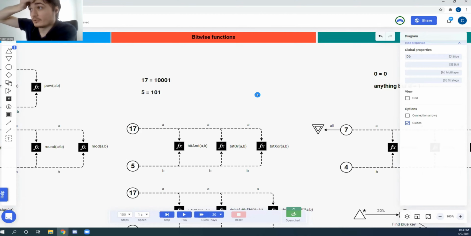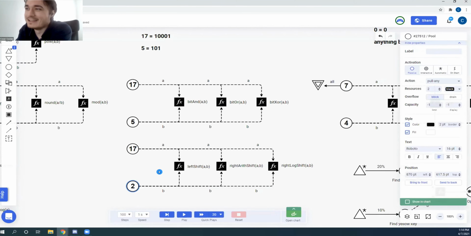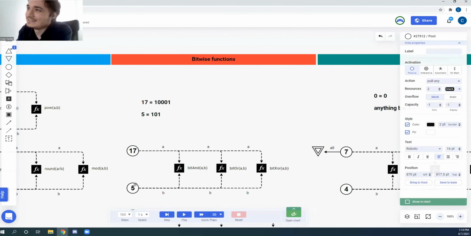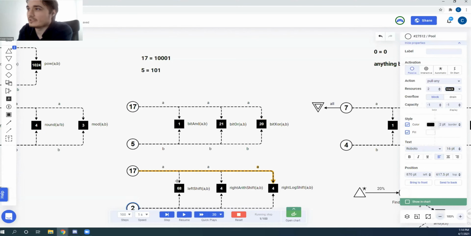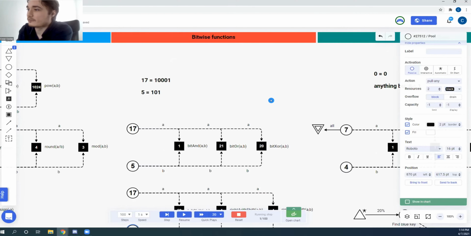The next section is for those of you that have a programming background. I don't feel confident enough to explain what bitwise functions are. I feel confident enough to show them and to tell you that I've used 17 and 5. Oh no, I used 2 in here, but I used 5 at the top. I've converted 17 and 5 into binary numbers. And those of you that do know them will understand that you can do an AND operation on bits, so selecting bit by bit to see if they match, and an OR operation on bits, and XOR,